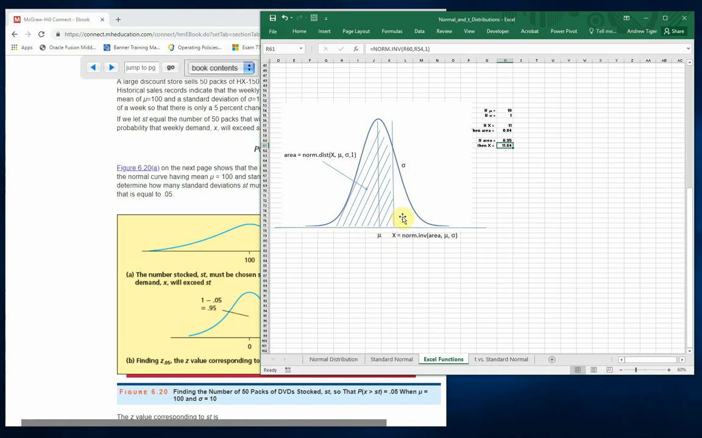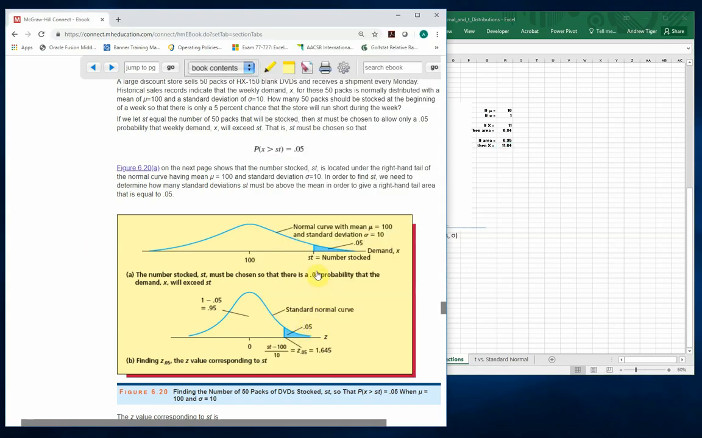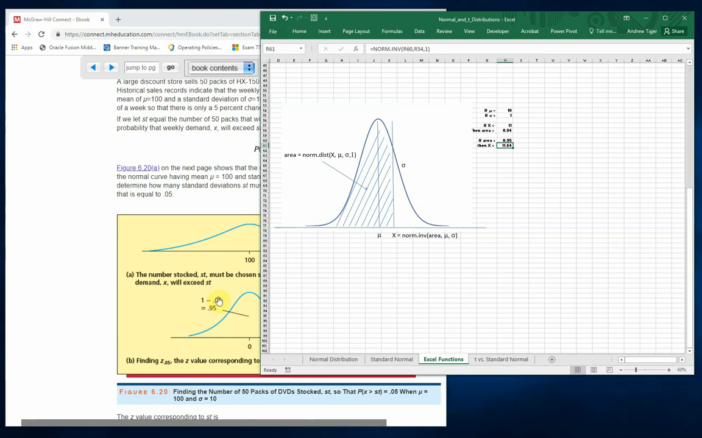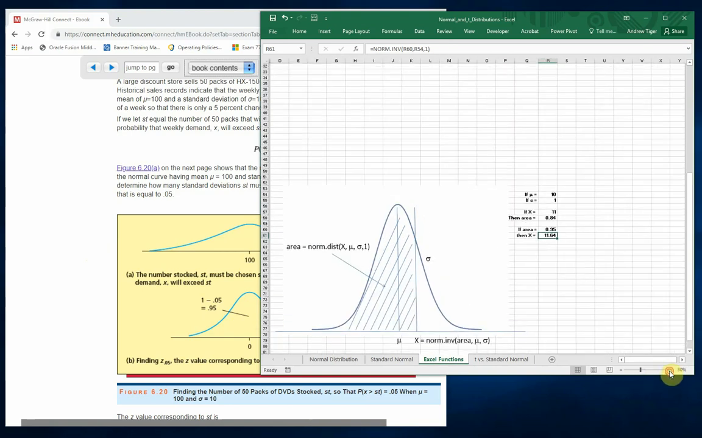However, if the area is given, then you use the norm inv function and you solve for x. So if it's asking for a value on this horizontal axis, if it's asking for a number, not a probability, but a number on this axis, and it gives you the probability, then use the norm inv function. So back to this problem, if I wanted to solve for what is this s of t, what I'm actually solving for is the area to the right. They're telling me that that's 5%. So to use the norm inv function,